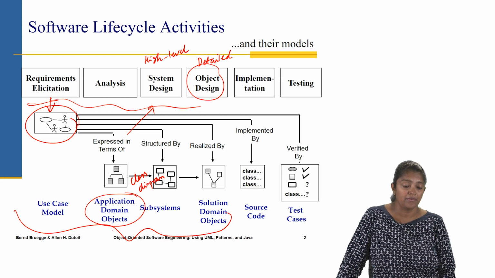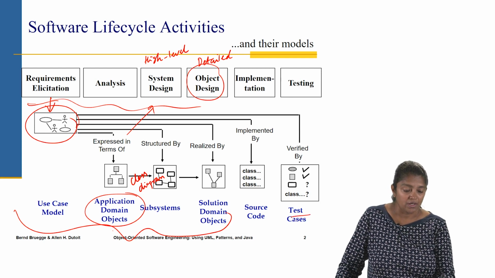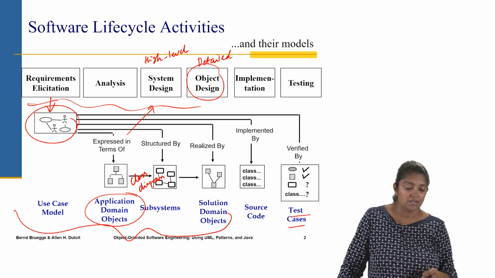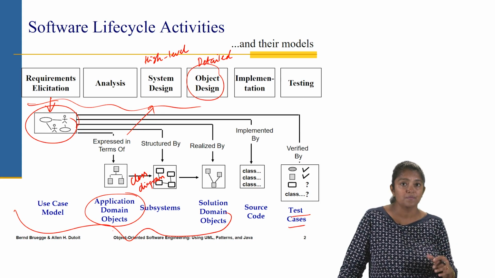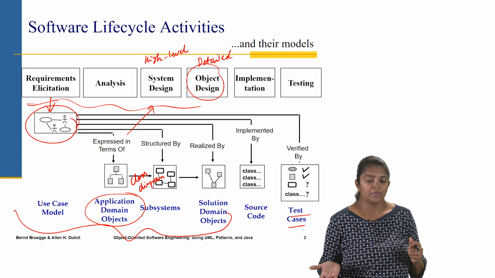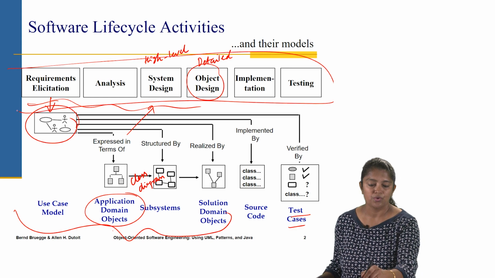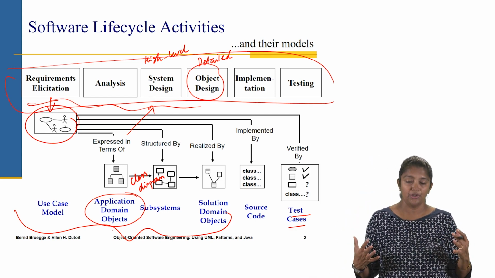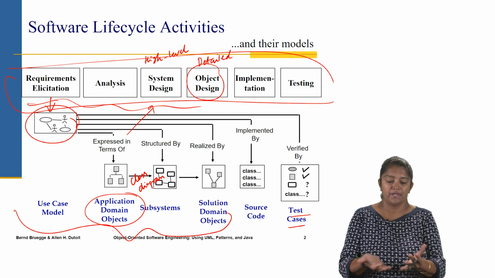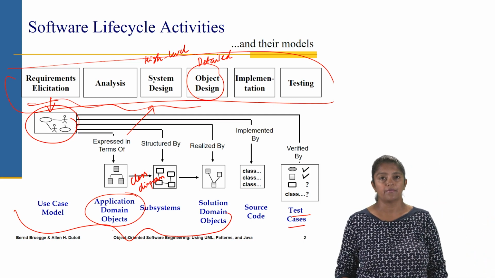Then finally we have to verify the code that is written through test cases. We write test cases in order to validate or verify our use cases, our classes, our subsystems, and every individual unit possible. So basically you see that all of the activities shown here at the top, and the artifacts produced from those activities, are used in the modeling, implementation, and testing of the software system.